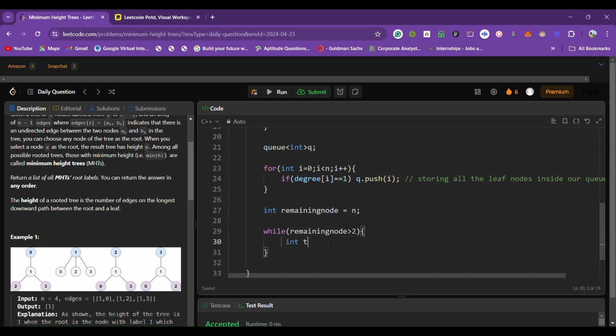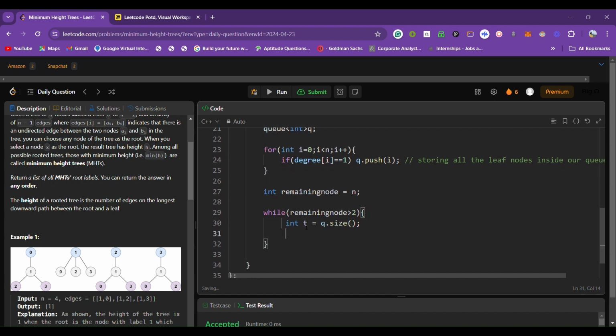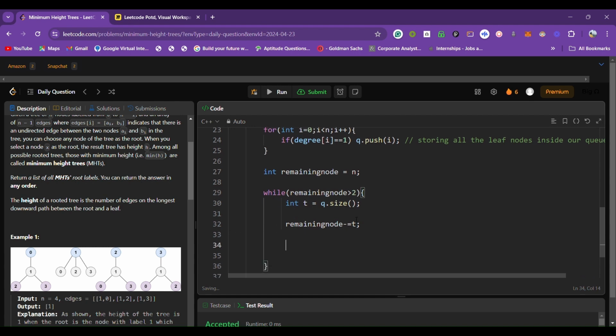So here at first we will store the size of the queue in a variable t. Okay, and this is basically the number of leaf nodes in the current state of the tree. So we will store that in t, and we will subtract it from our remaining nodes, as we will pop all the t number of nodes in our next steps. So we will subtract this from our remaining nodes, and then we will run a loop from 0 to t,